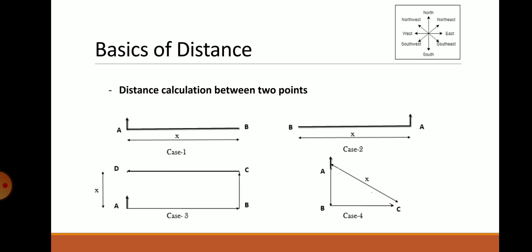In case number 4, suppose you are initially at point A facing north, and it is said that exactly at 180 degrees you have moved a certain distance and you have come to point B. That means you have moved exactly 180 degrees, and 180 from north is nothing but the south direction, so you have moved in the downward direction to point B, and from A to B you have drawn one line. Then your face is now towards the south. From that point B you have moved towards your left hand, that is from B to C you have moved a certain distance.